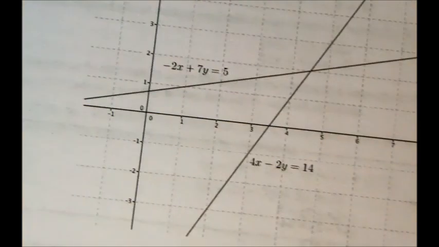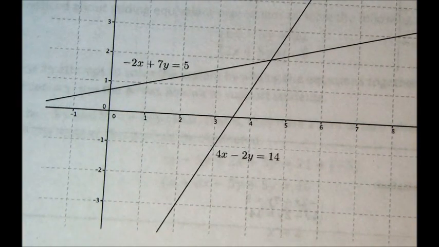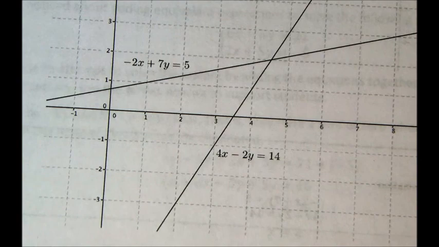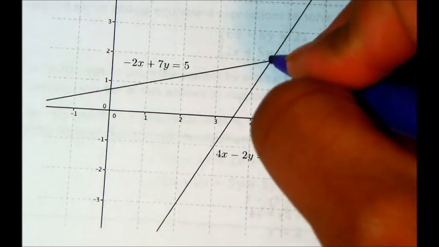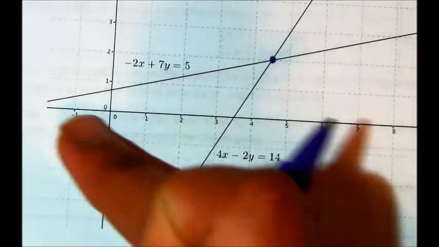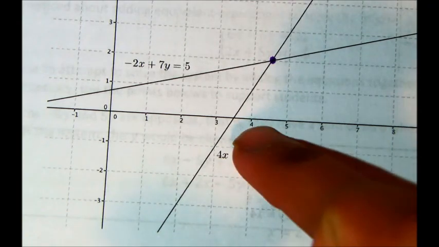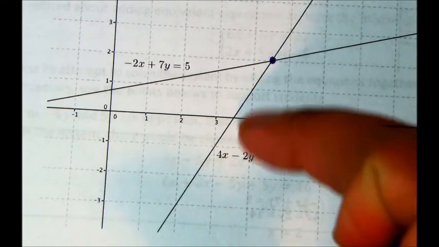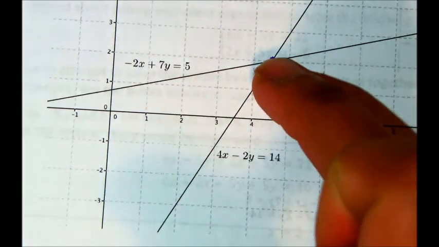We can verify our solution by sketching the graph. So this is a graph of both equations, and you'll notice that they intersect at one point, particularly an x of 9 over 2, which is 4.5, and a y of